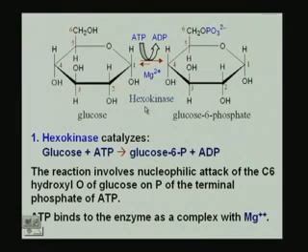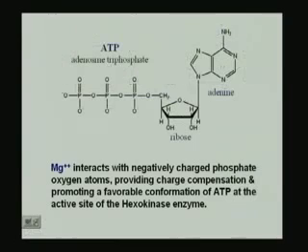Hexo means it is going to act on a 6-membered sugar ring. It is a kinase because it helps in the transfer of the phosphate, and the ATP binds to the enzyme as a complex with magnesium. Now, why would we have magnesium there? What is ATP? ATP has a large number of negative groups. There are 3 phosphates one after the other. Magnesium interacts with the negatively charged phosphate oxygen atoms and provides charge compensation,